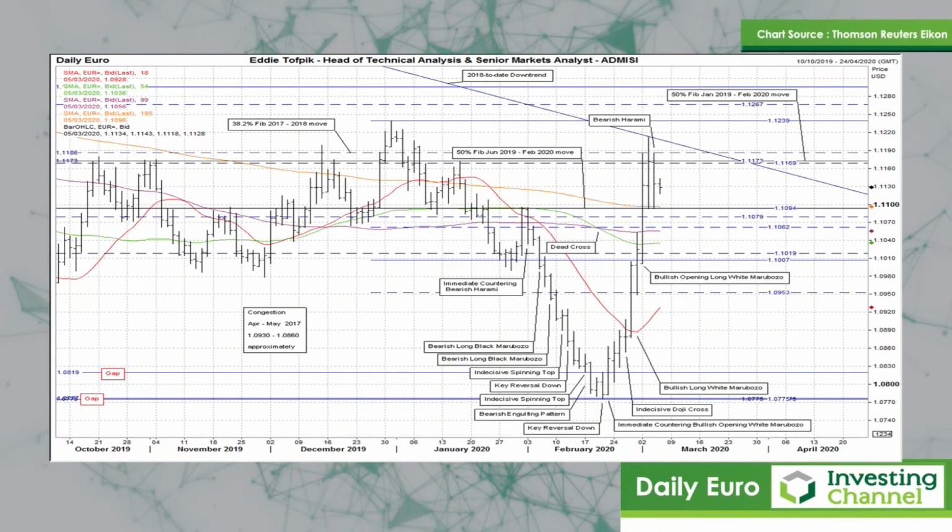And the first one I'd like to look at is Euro-dollar. An interesting bearish harami yesterday. The first bearish action for about 2 weeks. It was interesting because despite trading higher, the main body high was still just under the significant 50% Fibonacci line